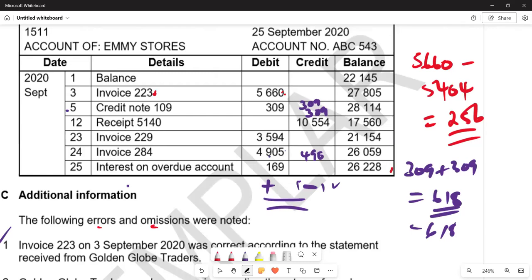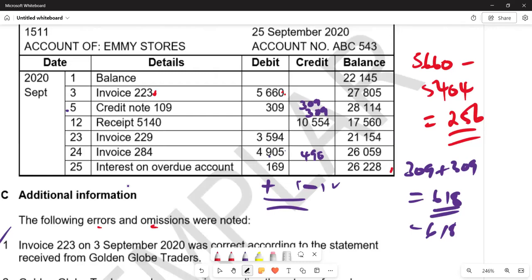These are the final balances. So if you make the calculation again on the credit side, whereby you're saying 26,228 minus 618 minus 1,766 minus 490 plus 2,263, you are supposed to arrive at the 2,717. So at the end of reconciliation, the balance that we will have in the ledger should be the same as the balance that should appear on the statement. So when the final balances become the same, then we have reconciled